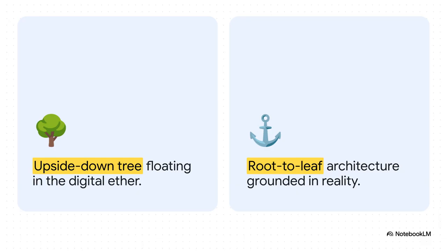Because of this wood chipper effect, developers traditionally relied on that old upside-down tree architecture. It's floating, it's completely top-heavy, and it relies on these bloated, chaotic command chains where every tiny action just gets routed unpredictably. But then, look at the new architecture. It is a mathematically pure, grounded root-to-leaf path. Because if you want to perfectly control a physical robot or execute a flawless real-world contract, you simply cannot be floating off in the digital ether.